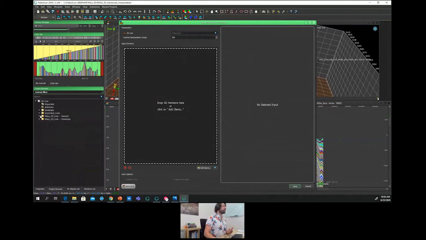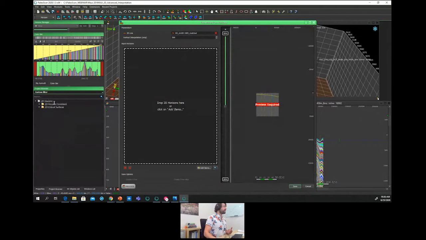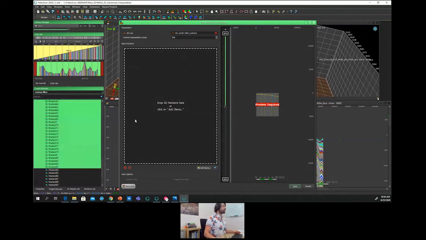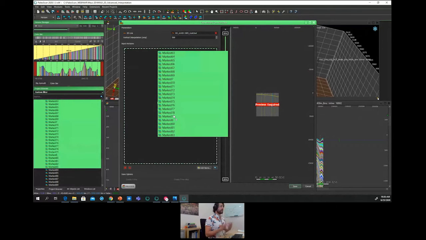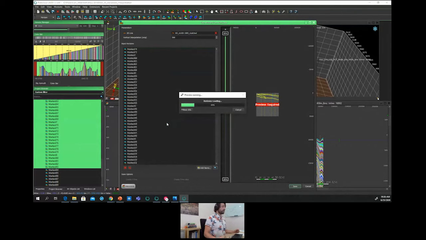To do so, we just have to define the 2D line onto which we want to create the model, for instance, this one. Then we define a series of horizons to integrate in the process of GeoTIME modeling. There's no limitation concerning the number of horizons we integrate.